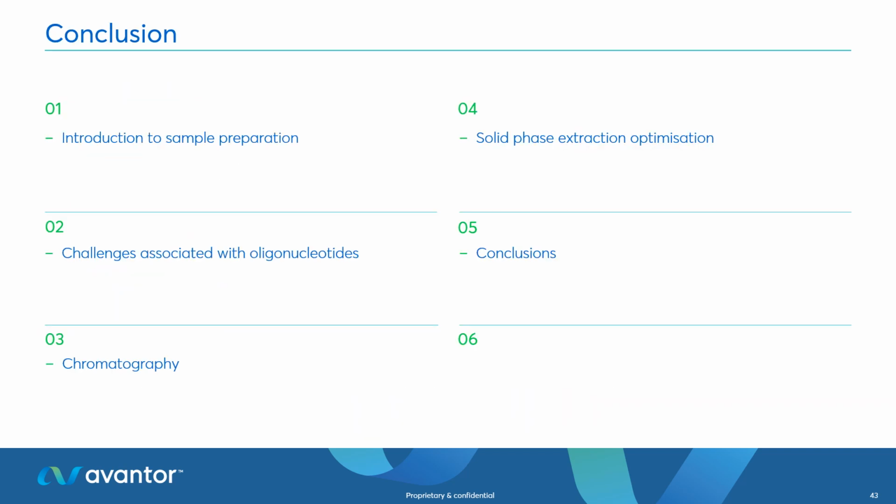That concludes the presentation for today. What I'm hoping is that I've given you an overview of how to start that analysis of oligonucleotides. Some of the challenges associated with it, in particular looking at the physicochemical properties and looking at log D, have really highlighted some of those. And then we've started to look at how to optimize that SPE process. There hasn't really been enough time to go through all of those optimization steps, but in the next webinar, we will be looking at how to optimize those remaining steps in terms of wash,